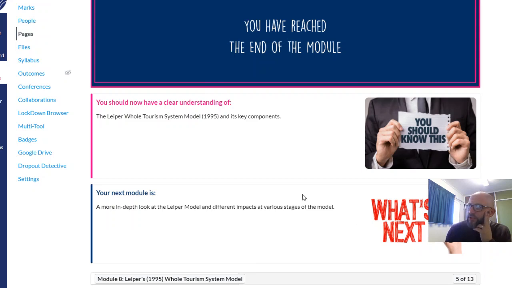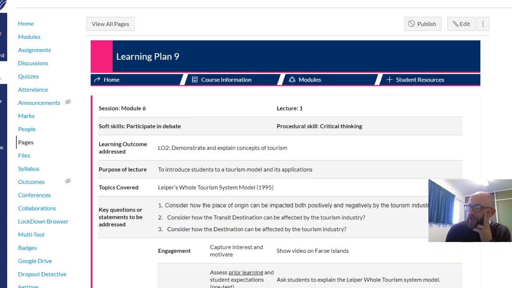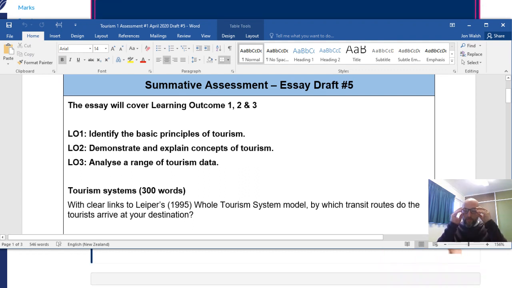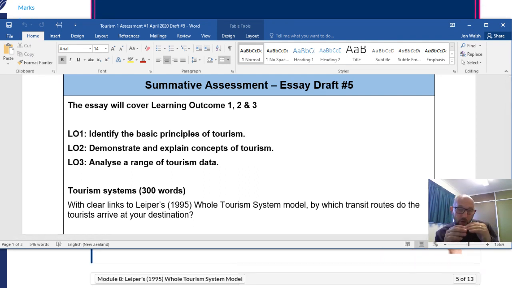There's various aspects on here that I want you to think about in your assignment. So in your assignment, it's actually looking back on some of those statistics that you've talked about. Okay. Now, when you find out about how your tourists arrive at your place, so for instance, people have talked about